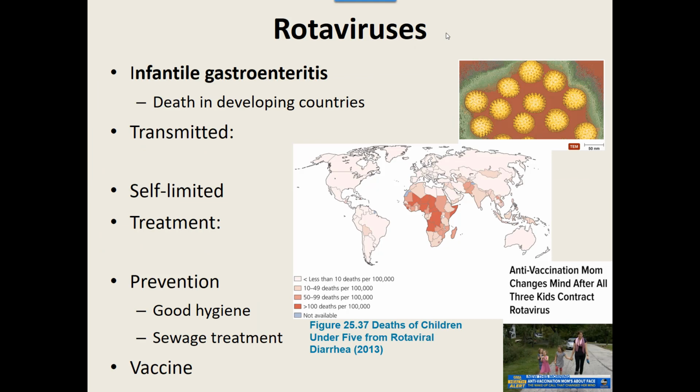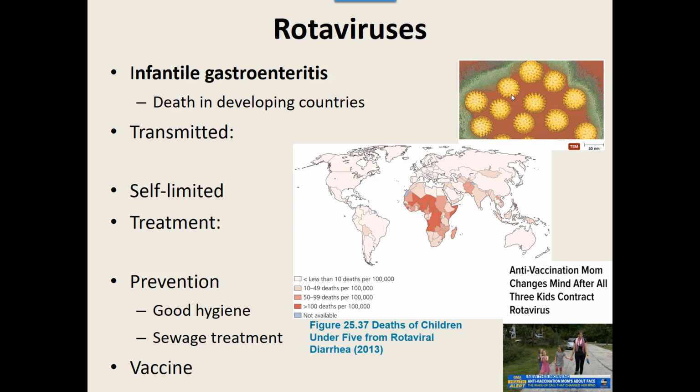Now, there are several strains of these viruses, but the most common are the Rotaviruses. They're called Rota because they used to think they look like little rotating wheels. That's where they get their name. But these viruses are the leading cause of infantile gastroenteritis, meaning it's going to cause your food poisoning symptoms, diarrhea, vomiting, usually the diarrhea. Now, in developing countries that can't replace the fluids and electrolytes, it could lead to